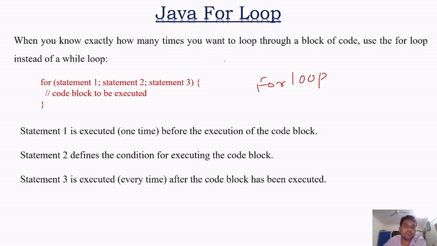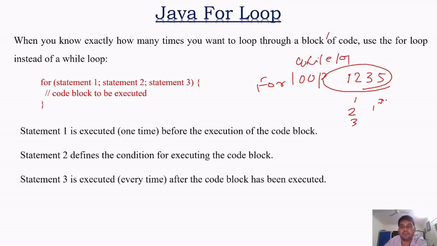If we know how many times we want to loop through a block of code, use the for loop instead of while loop. अगर हमें पता है हमें कितने बार उस लूप को रन करना है, how many times we are going to iterate and continue the loop, then we are using for loop. जब हमें पता नहीं है कि कितने बार इसको रन करना है, तब हम क्या यूज करेंगे, while loop. अगर हमें पता है कि 4 बार 5 बार 6 बार 10 बार रन करने से हमारा आउटपुट